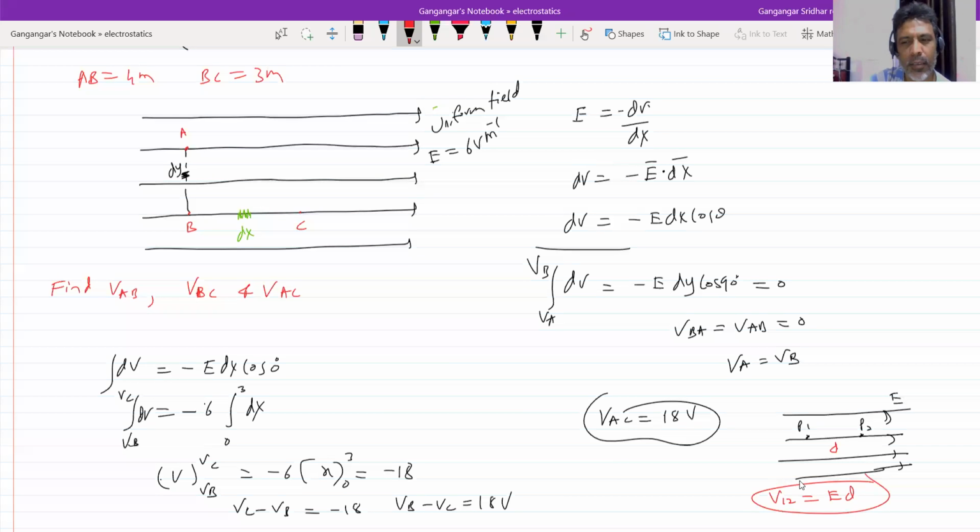What you learned from electrostatics: in a uniform field, the potential difference is the electric field strength into the separation between points. How should you measure the distance? In the direction of E bar. V12, where V1 is greater than V2. I'll give 1, 2 so it'll be easier. This is a very important thing. Sir, I forgot all the electrostatics. No problem, I'll not scold you. But this you don't forget. This is what I'm going to use in the next chapter, current electricity, capacitors, or any other year after, whenever you get potential. So you must have this basic background. Please remember.